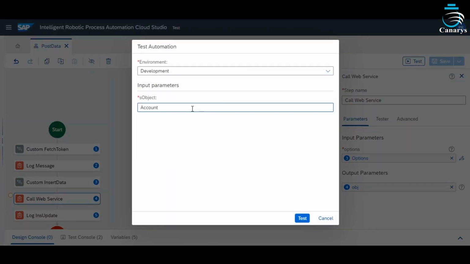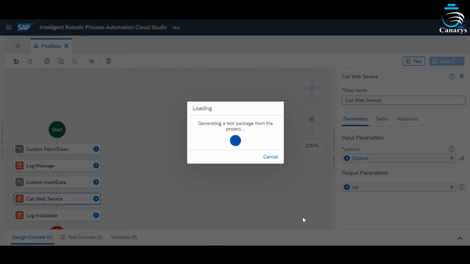Here I'm entering the object name to which the data records will be inserted.